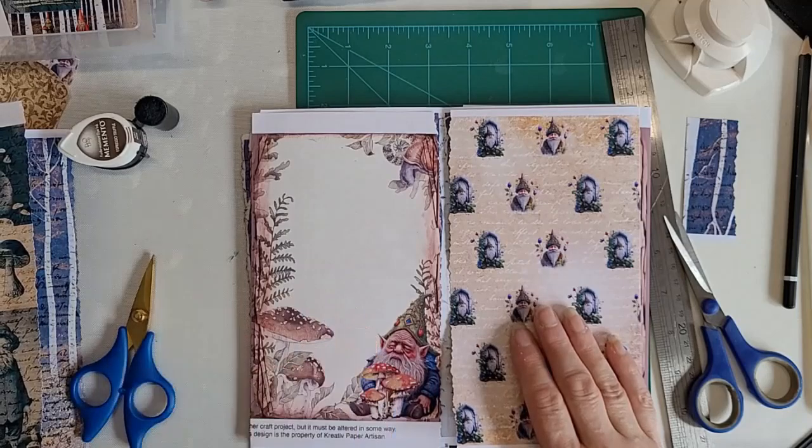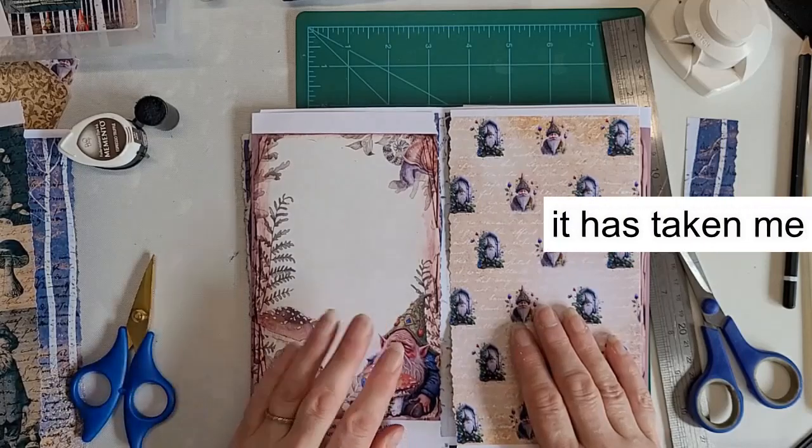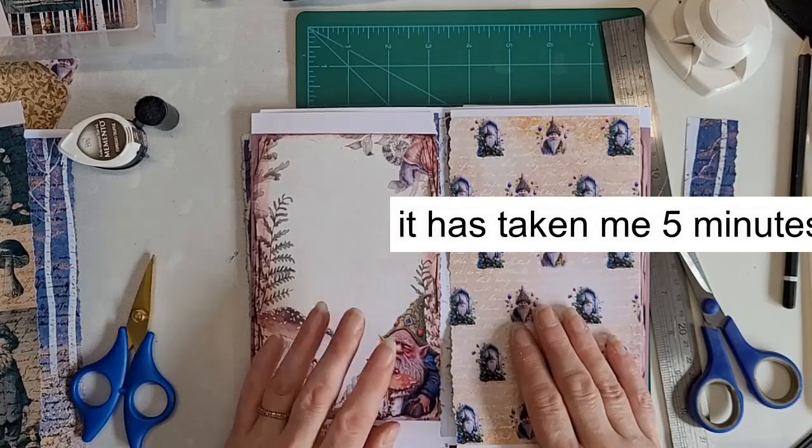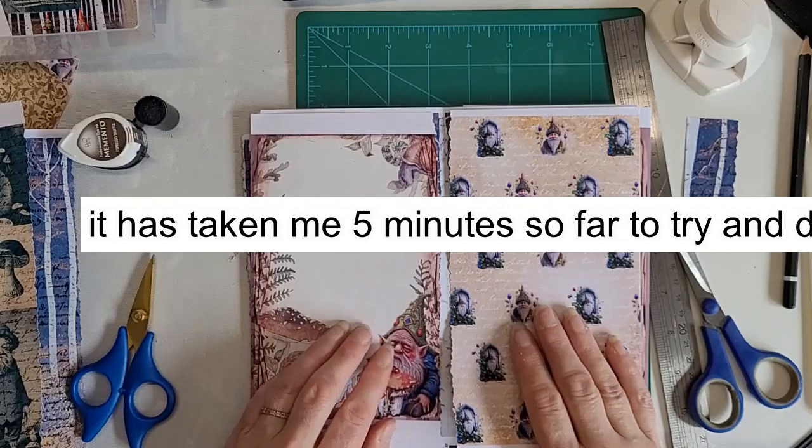It's a beautiful kit. Why are you fussing about with it? Because you can't help yourself, Kirstin. That's why. Because you like to get your knife out and cut things and...